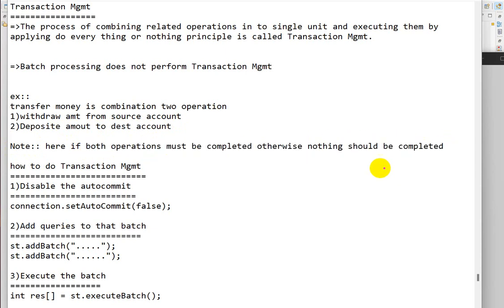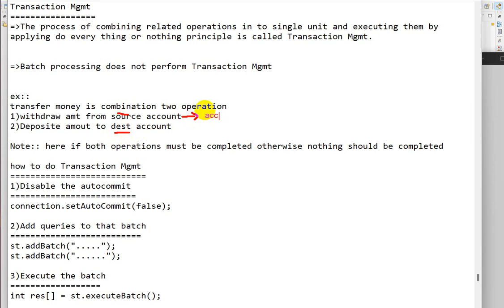So that means, let's take, if you go to the bank and you want to transfer money to your friend. Your account number is the source account number and your friend's account number is the destination account number. Suppose you want to transfer 1,000 rupees to your friend's account.